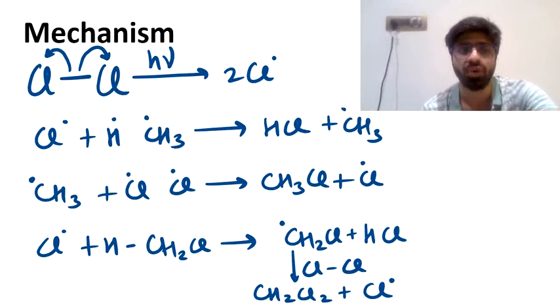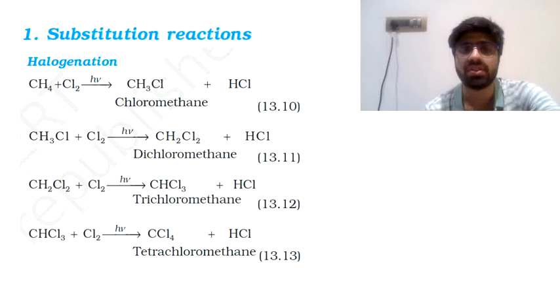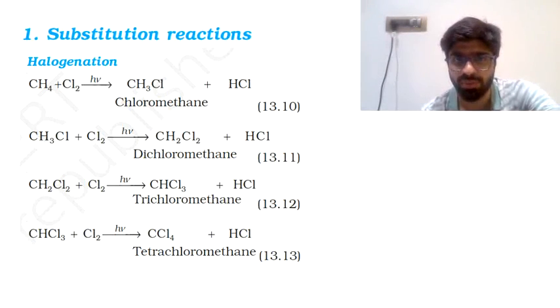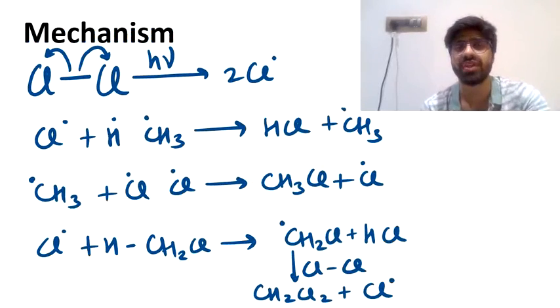After CCl4 got formed, I'm talking about this. This is the reason that, because Cl free radical was able to attack every molecule having a hydrogen atom to offer, the reaction continued till CCl4, and CCl4 does not have any further hydrogens which can be replaced. That is why the reaction was stopping here. But up till CHCl3, because there was a hydrogen atom here, chlorine free radical was able to extract it, form HCl, and that is why the reaction was continuing up till this step. Okay, so that's one feature of the reaction.